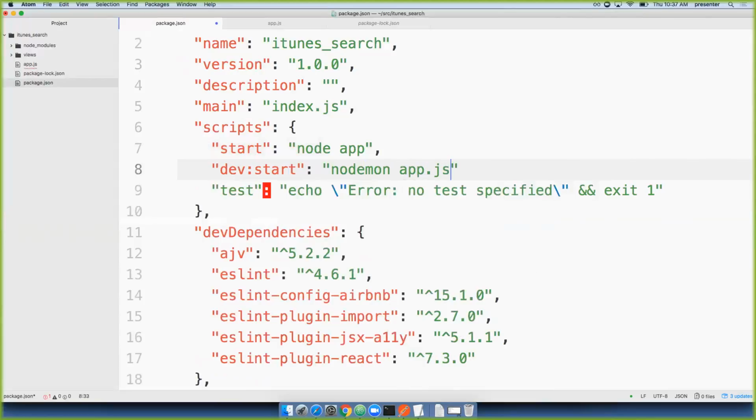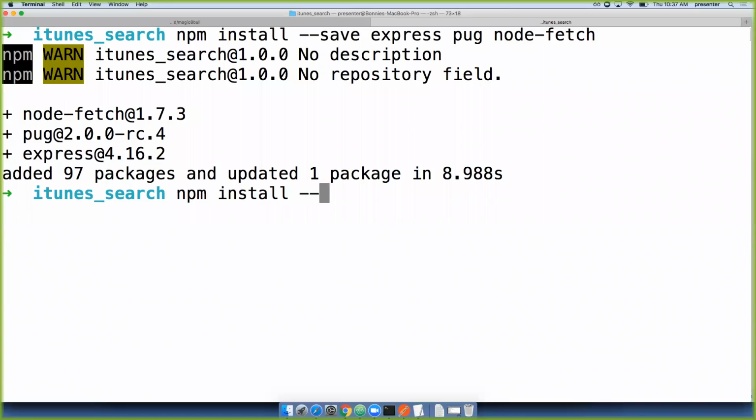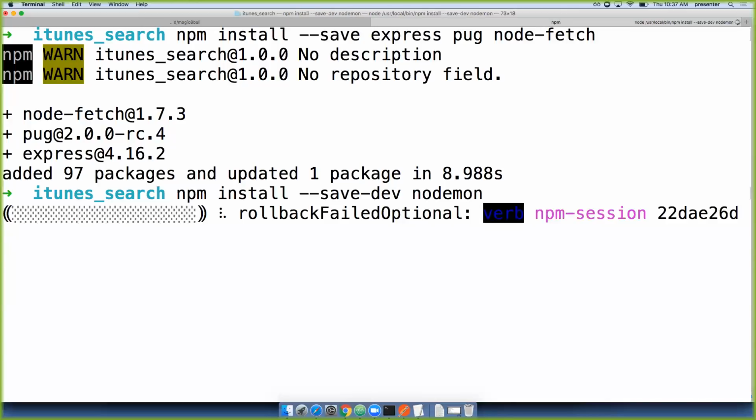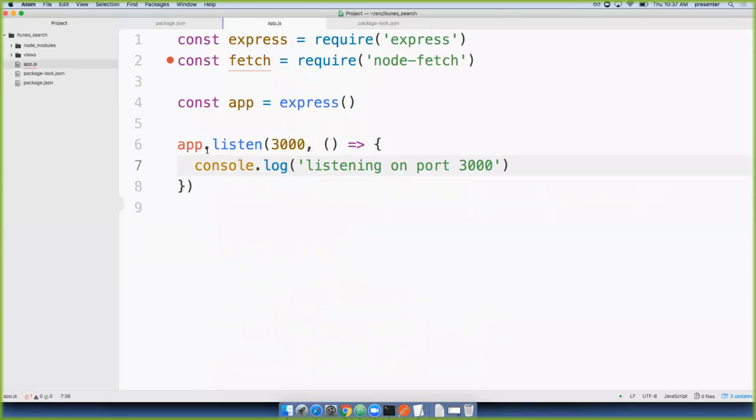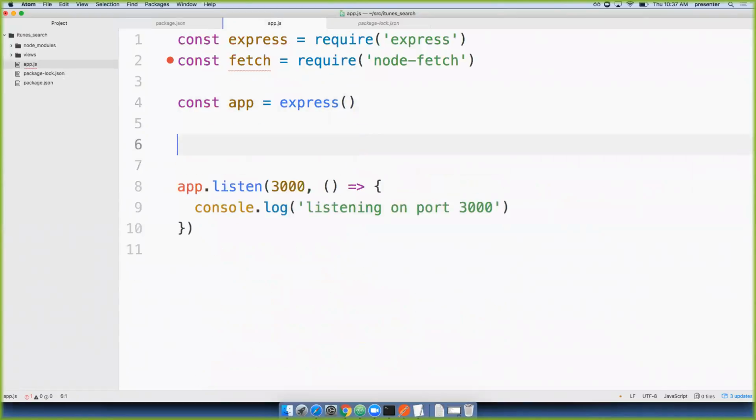You have to do .js here. Okay. And then now I need to npm install --save-dev nodemon. Okay, so while that's working,